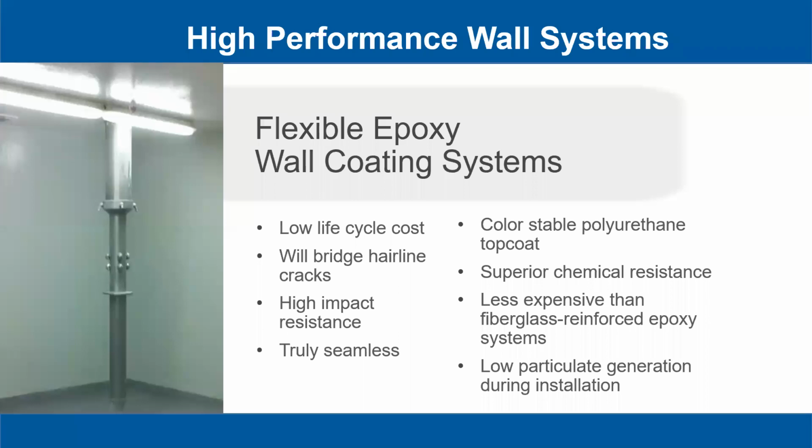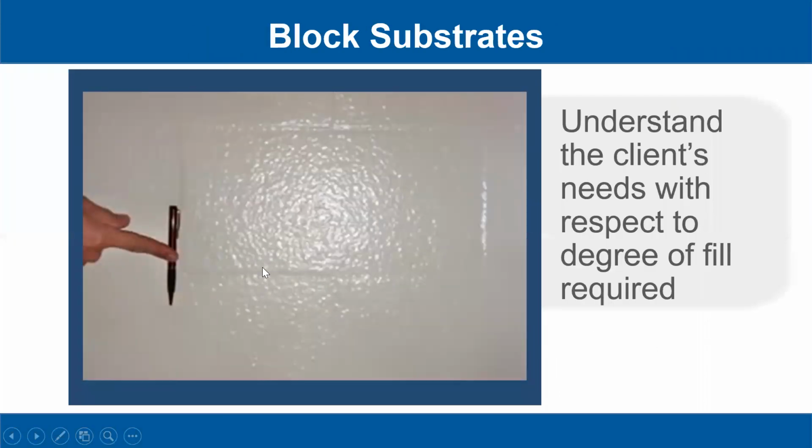What if you had a gypboard wall abutting a block wall, and you were concerned about movement along that transition? Or what if you had really hot washdowns where you thought that wall was going to expand and contract rapidly? These flexible coatings would be a good solution for that. And this is a picture of a CMU, a concrete masonry unit, block wall, where the mortar joints are visible, that you can notice these joints. And this was acceptable to the owner. But if it hadn't been acceptable, we do have a joint filler compound material where we could strike those flush,